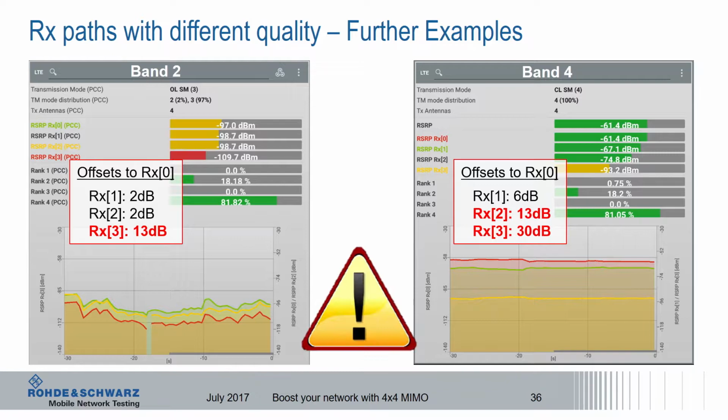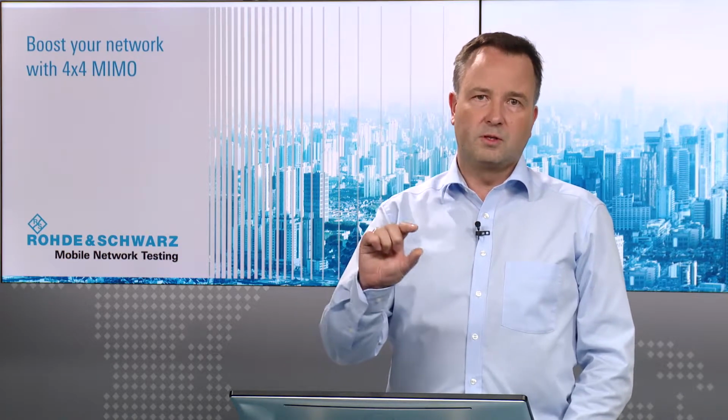So this is really critical, and this is something you could really investigate with your measurements. Of course, you can do this very simple analysis just looking at the line charts and looking at the differences. But there is one more sophisticated way to do the analysis more professionally. And this is actually what you can do.